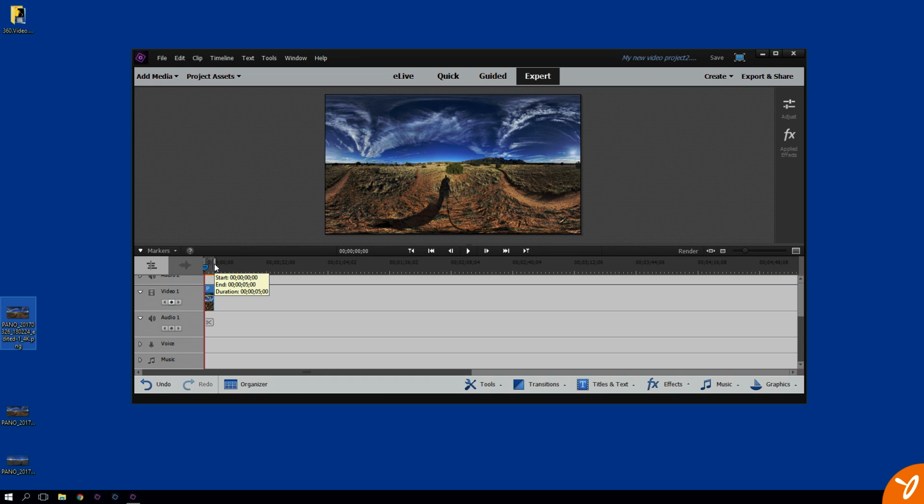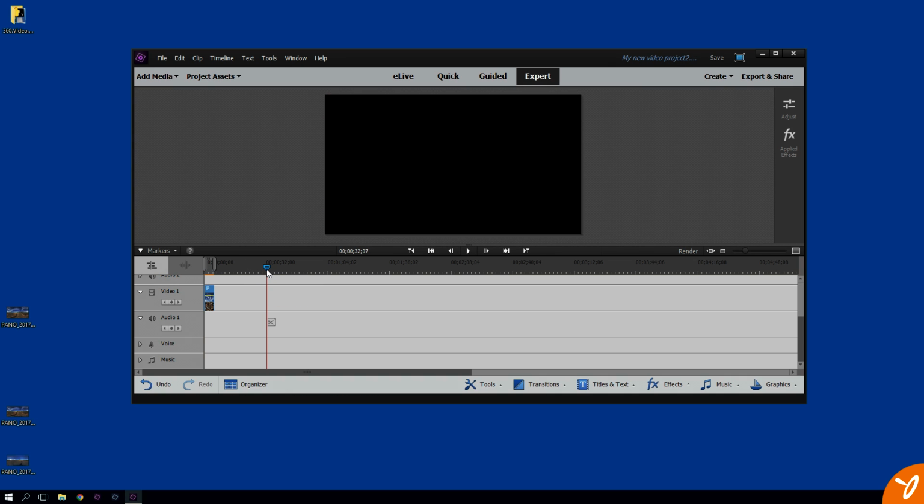If you were to make a 360-degree video for someone to watch, and they're panning around, 5 seconds doesn't give them enough time to view everything within the image. Now this is totally up to you on how long you want to make yours. You can make yours 30 seconds, you can make yours a minute. Just keep in mind that if it's too long, the audience may get bored. Now with 30 seconds, I think that's a pretty good number